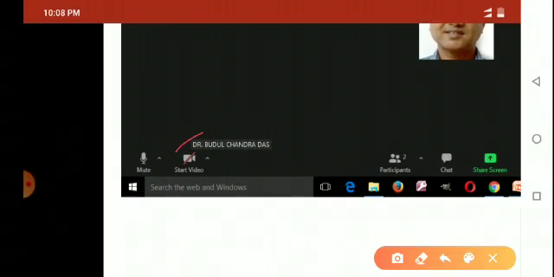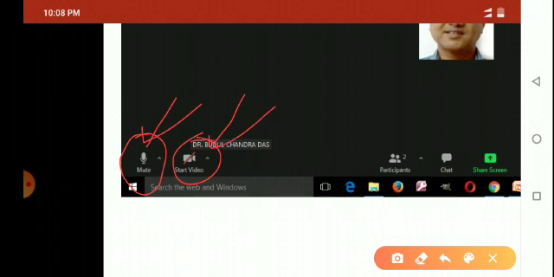One is video, another is audio, or this is mic and this is video. Since a mark is there, the host has clicked here, that is why his video is off, and you can see a red cross mark, which means the video is off. But on the mic there is no mark, that means his microphone is unmuted, it is on.